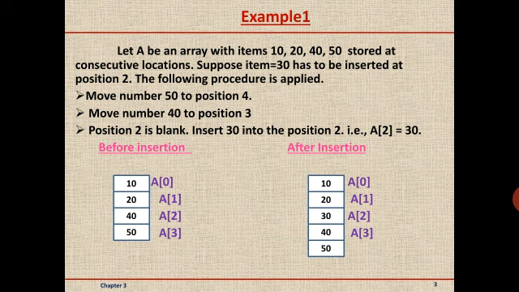It means at position 2, once we remove the 30, we have to insert the next item, that is 40, shifted to position 2. In the second case, we have to shift the next item, which is 50. So I is equal to 3 to 4. I value increases. Hence at A of 3, that is in position 3, the new next item in the array, that is 50, is added.